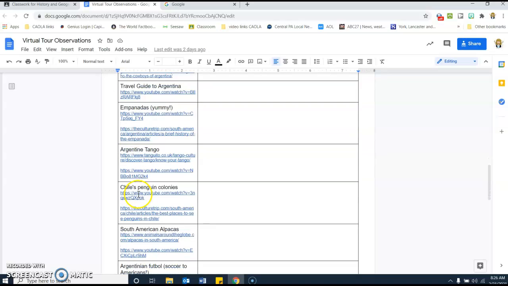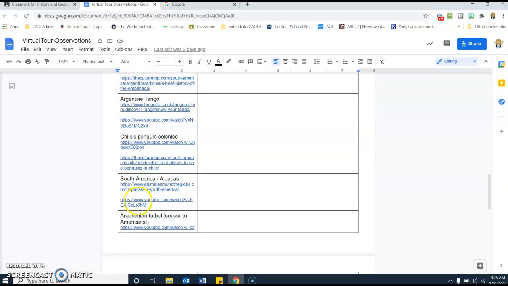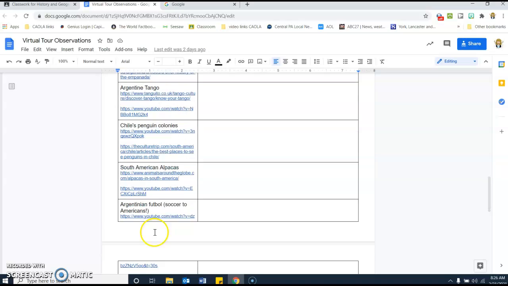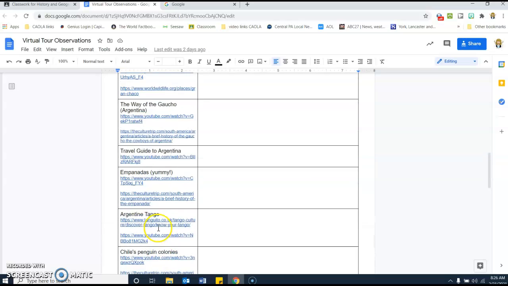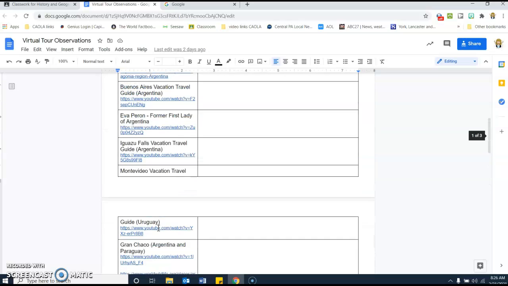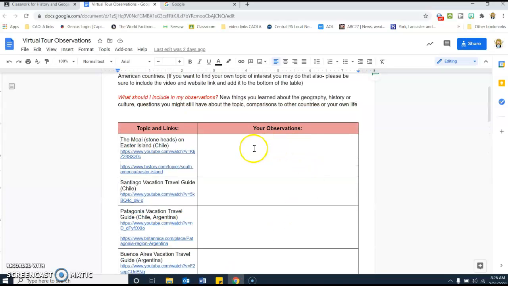And then there are a few where you'll click on your links. Make sure you do both of them if there are 2 of them, or one of them if there's 1 of them. And then over here on this side, you will be typing in your observations, and that is plural, meaning you should be typing in probably 5 or 6 things, maybe more, for each of the topics